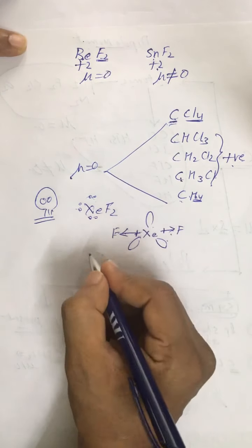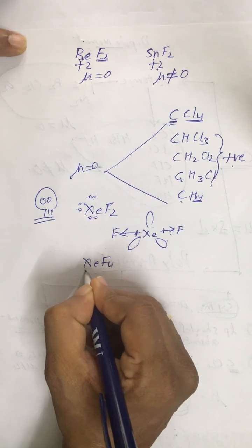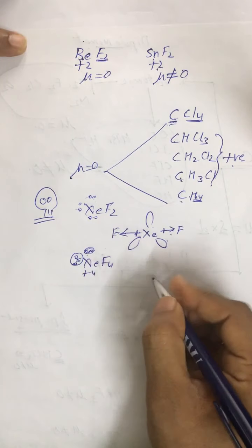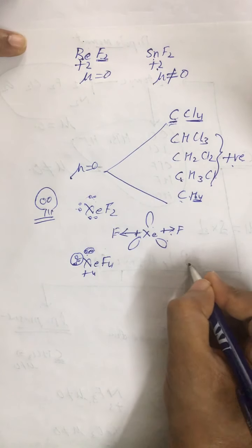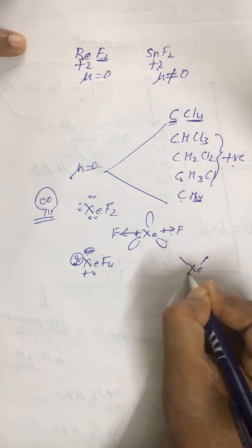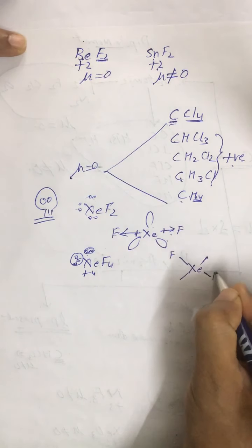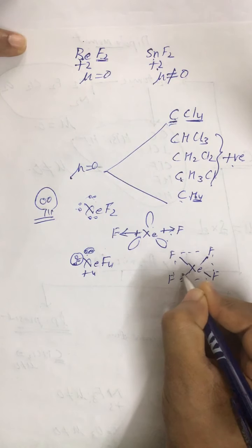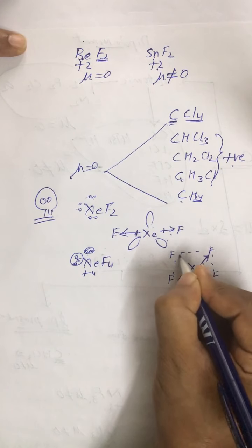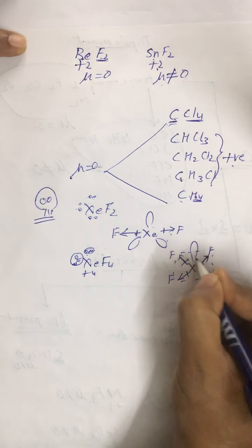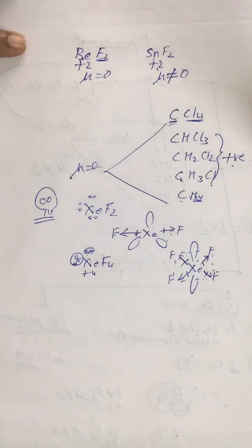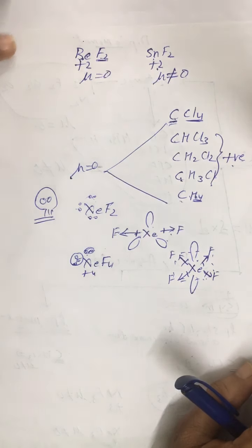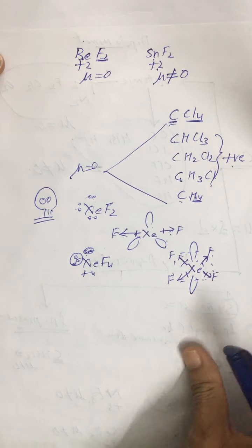One more exception you must remember is XeF4. Again, these two LPs are arranged in such a manner that dipole moment is cancelled. Like this is a square planar. See, the dipole moment of these four, this is cancelled by this one, this is cancelled by this bond. And this is the position of LP. So these are the two exceptions. So this is the first type of cases, in which you can find out whether dipole moment is positive or zero.